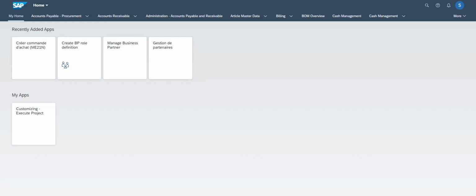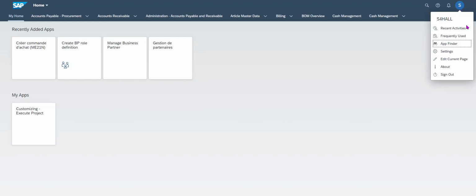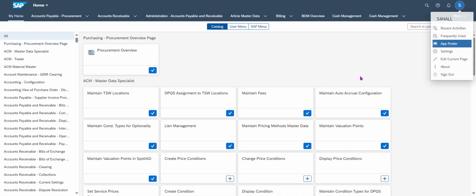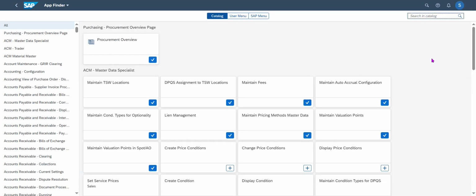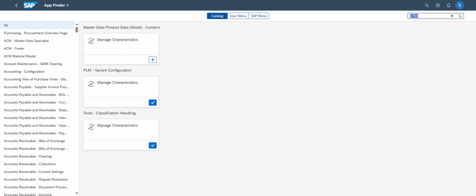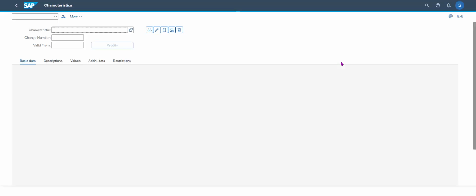For that, we need to use the application that everybody knows, and that is exactly the same as when you know the CT04. That is the application to manage characteristics. So with this application, we manage some characteristics. We need to create three characteristics. So the first one,